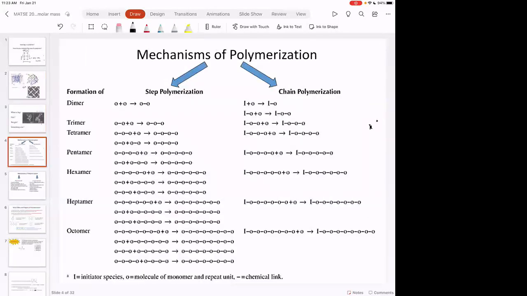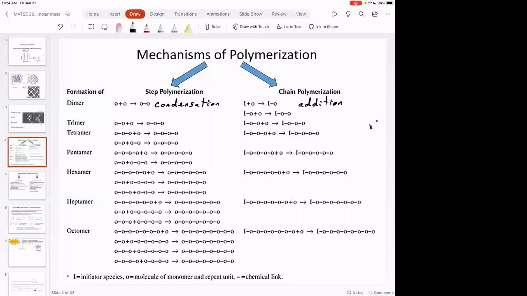Now, we have talked about 2 different types of polymers, if you remember our discussion of addition and condensation. So in this case, chain polymerization is addition. And then step polymerization, its other name is condensation. So as we go forward, we're going to talk mostly about molecular weight today and how to do all the math around molecular weight. But as we go forward, make sure that you're able to connect what we talked about